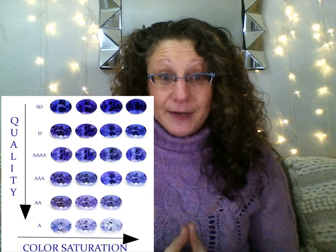So first, of course, is color, because for any colored stone, color is what sells the gemstone. You have to be attracted to that beautiful color. So Tanzanite's color ranges from blue to bluish purple to bluish violet. So which one of these are the most valued and which will cost you more? So the most exceptional and expensive Tanzanites exhibit an intense violetish blue color with red flashes coming from within the